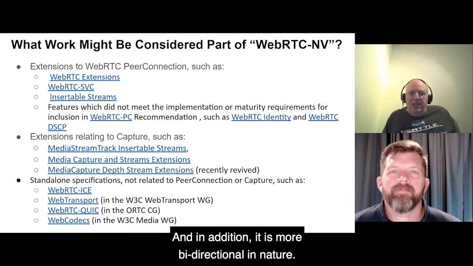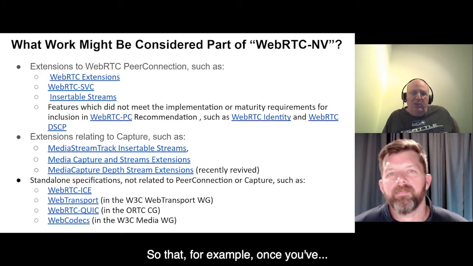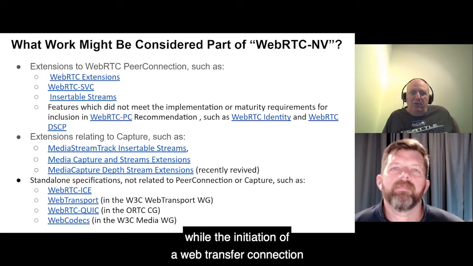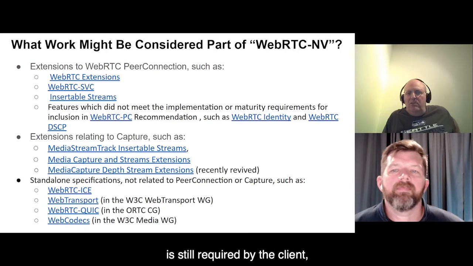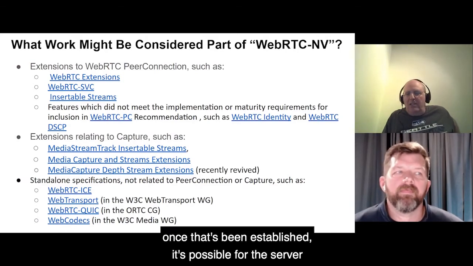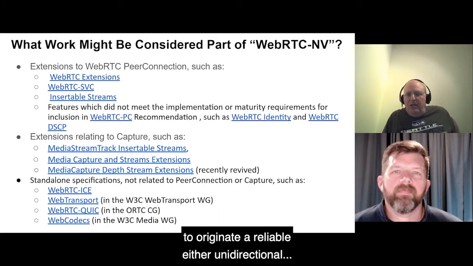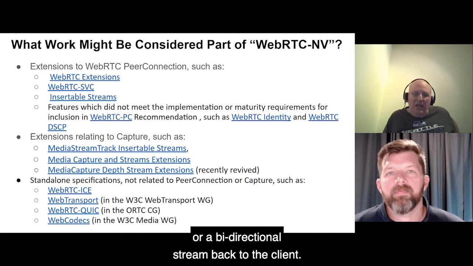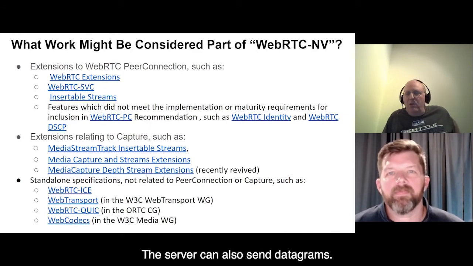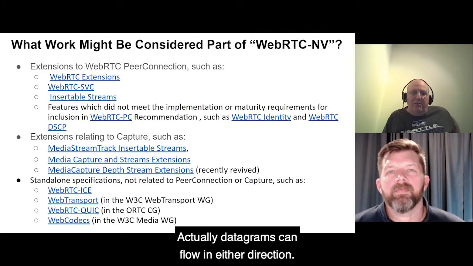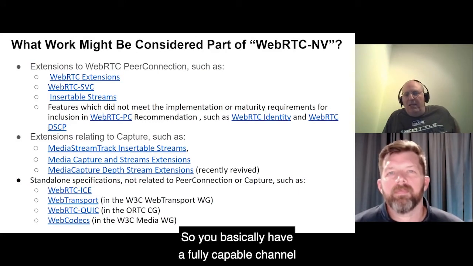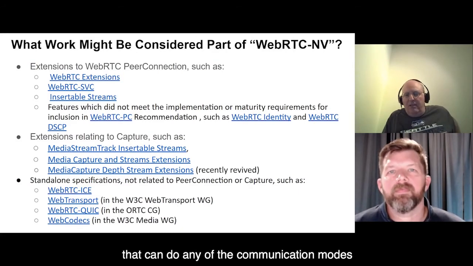And in addition, it is more bidirectional in nature, so that, for example, while the initiation of a WebTransport connection is still required by the client, once that's been established, it is possible for the server to originate a reliable, either unidirectional or bidirectional stream back to the client. The server can also send datagrams. Actually, datagrams can flow in either direction. So you basically have a fully capable channel that can do any of the communication modes that you might want.